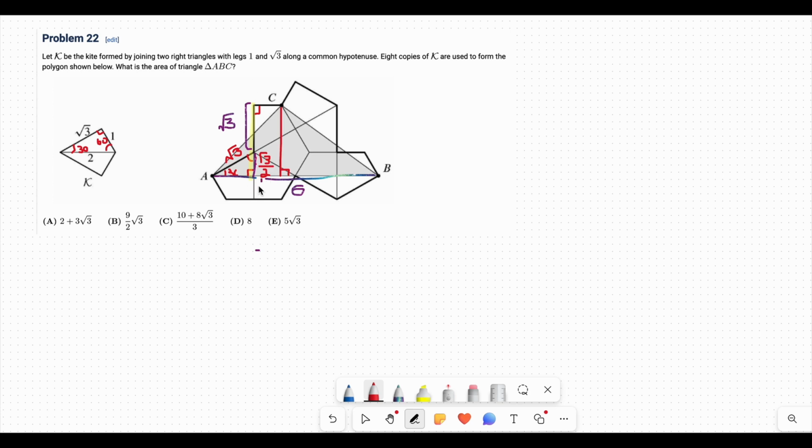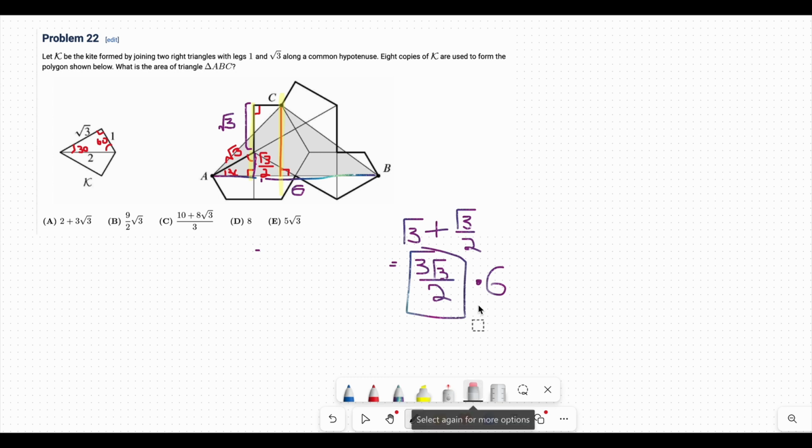So this entire length is square root of 3 plus square root of 3 over 2, which equals 3 square root of 3 over 2. And so we know the height, and we know the base, which is 6. We divide all of that